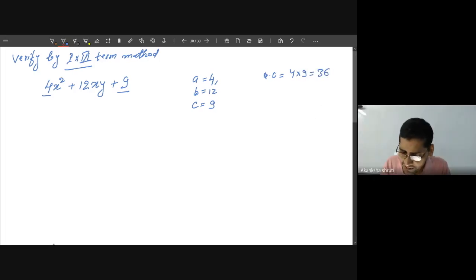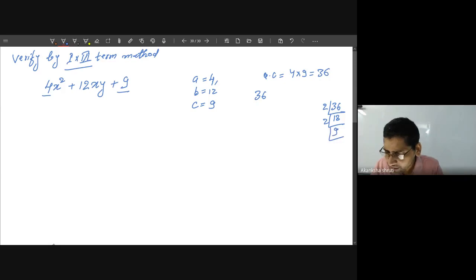Very good. Now this 36 has to be split into two factors. How can I split this 36? I can split it in various ways, but which one is preferable? So students, how to factorize? For that you must follow a step-by-step method. Go for 2: it is 18, 2 into 9, 3 into 3.